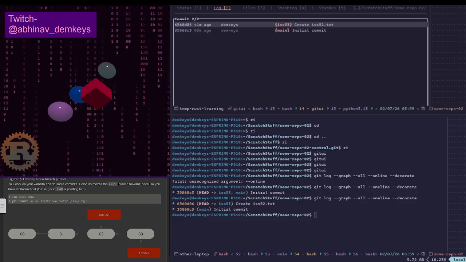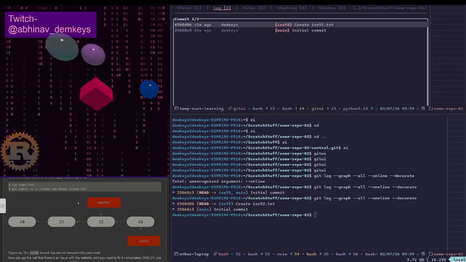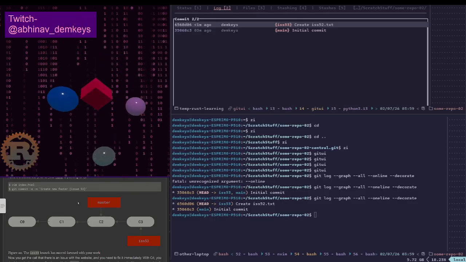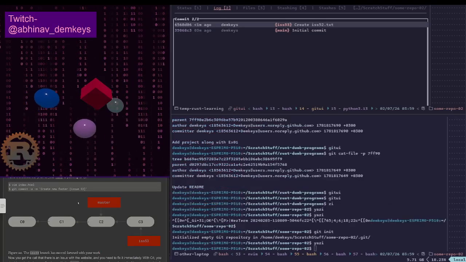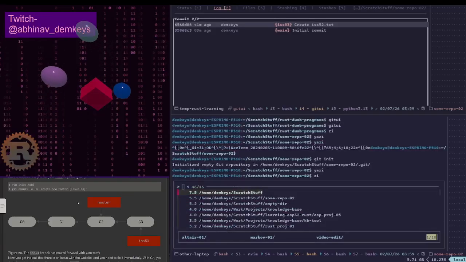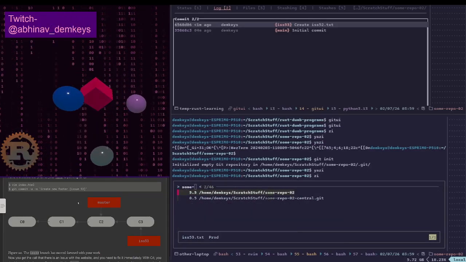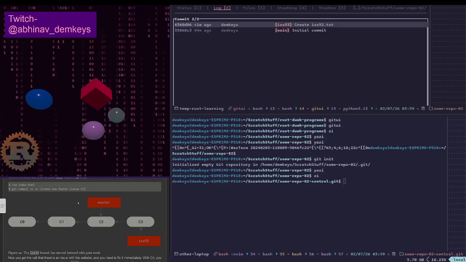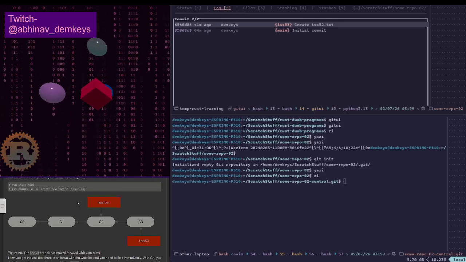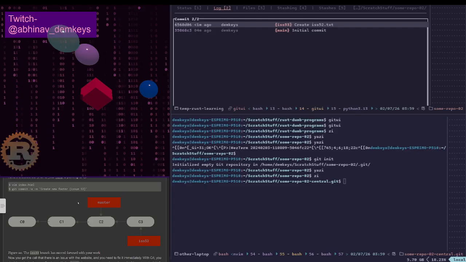Okay. Oh, before I forget, I should go into some repo central git and let's reinitialize. So let's delete all of this.